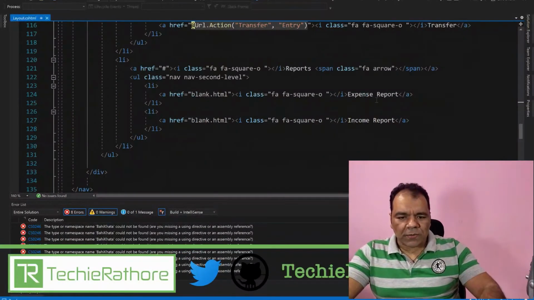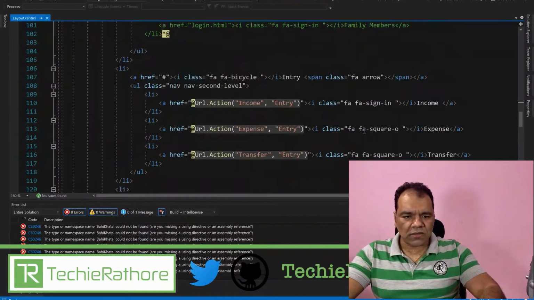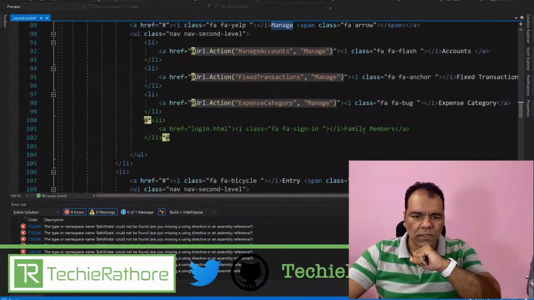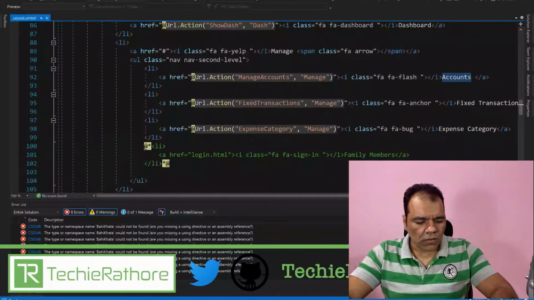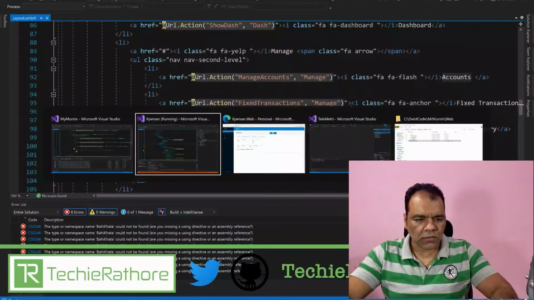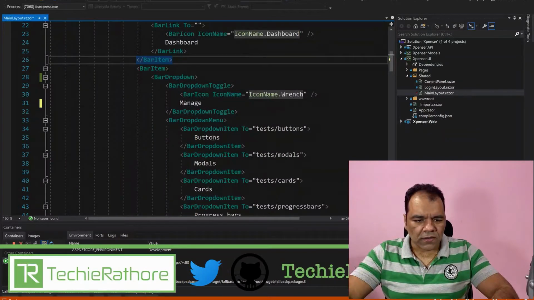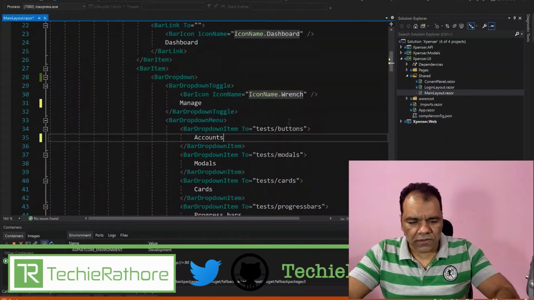Then we have expense report and income report. This is for the reports option. So the menu options are pretty simple and pretty small, and so let's keep it like this only. So for manage, in manage we have accounts. Okay, so Control C, accounts. We'll change this to accounts. First of all, we have this accounts,